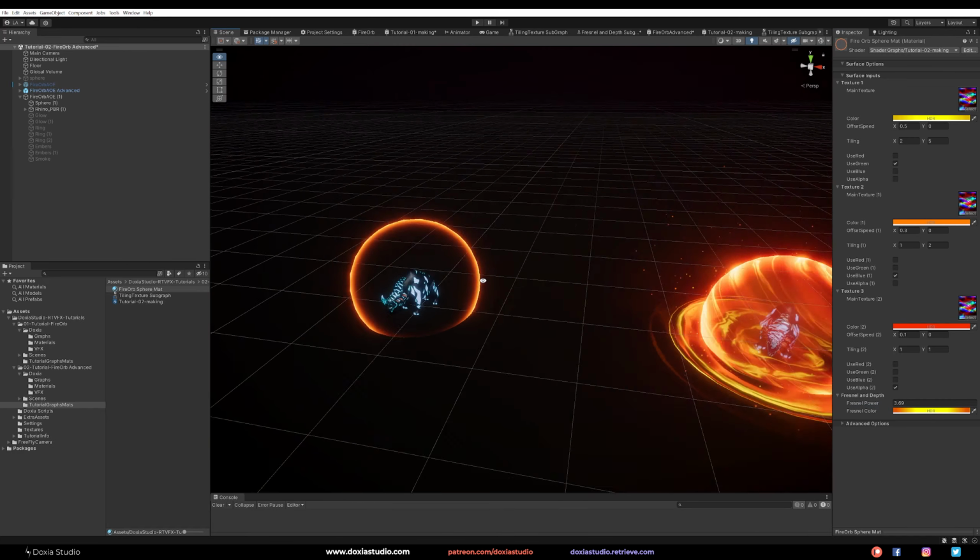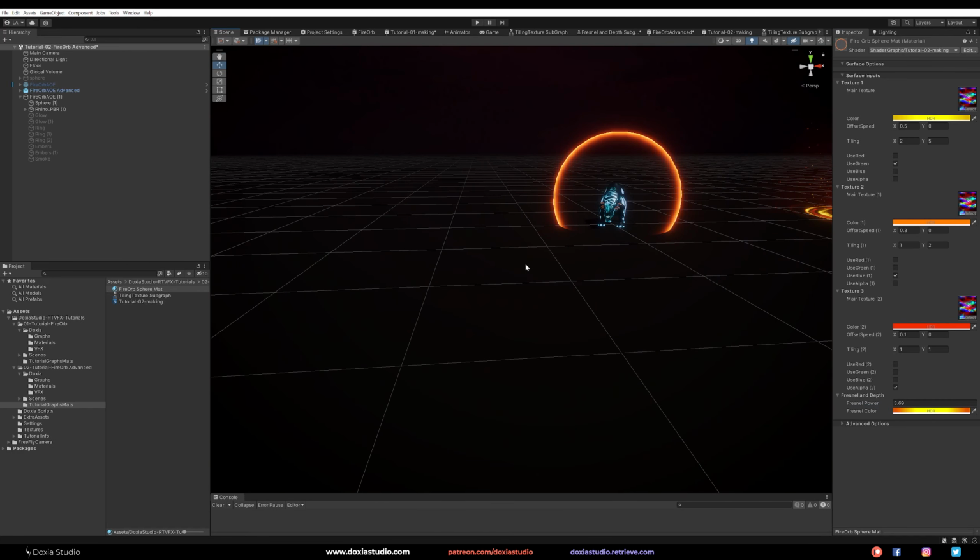Okay, that's pretty cool. And the Fresnel, as you know, it's a reflection property. You can see it on water, glasses, transparent materials. So if the surface is perpendicular to the camera, it will show the material. If it is quite in the direction of your visual camera, it will be opaque or transparent.